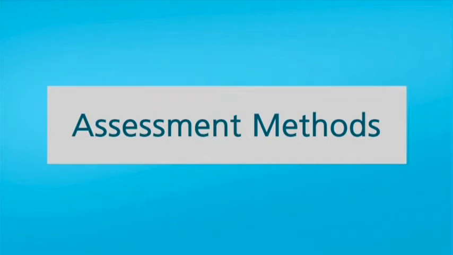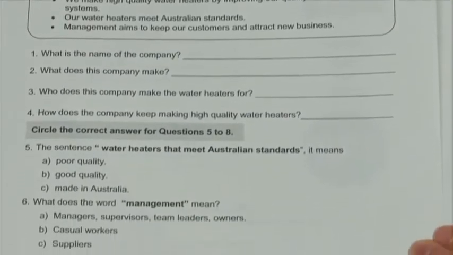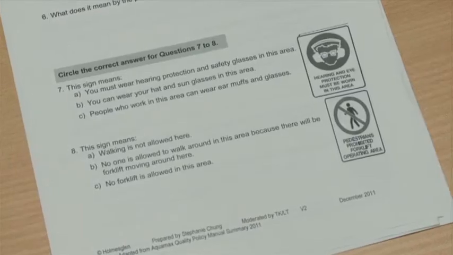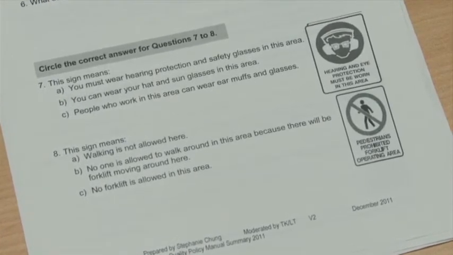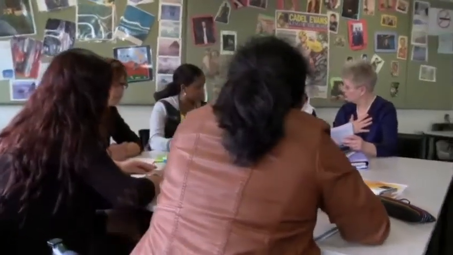Assessment methods. Check the LLN levels of your assessment materials too. Follow the guidelines for written materials. Clear layout, plain English, and the LLN level matches the level of training specifications and job. Choose a method of assessment that doesn't require the learner to use higher LLN skills than required in the training specification and the task. For example, instead of essays, written projects, long written questions and answers, use observation, short answer